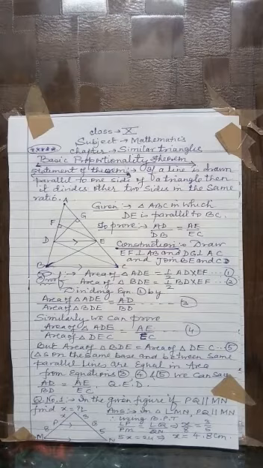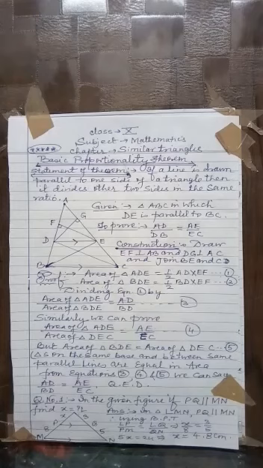But you see in the figure, area of triangle BDE equals area of triangle DEC. This you have read in class 9th: triangles on the same base and between the same parallel lines are equal in area. As DE is parallel to BC and the base is the same, DE, and both the triangles lie between the same parallels DE and BC, therefore they are equal in area. It is necessary to mention this reason. Now if you see equations 3, 4 and 5, you will conclude AD upon BD equals AE upon EC, and hence it is proved. You can write QED.